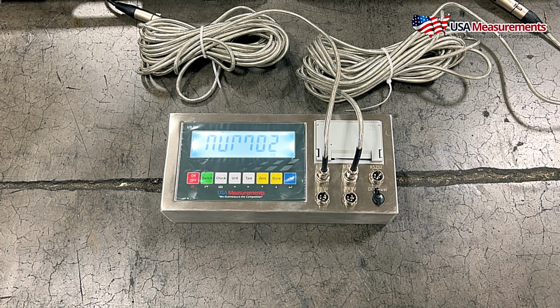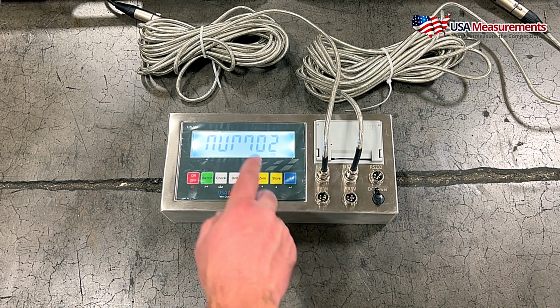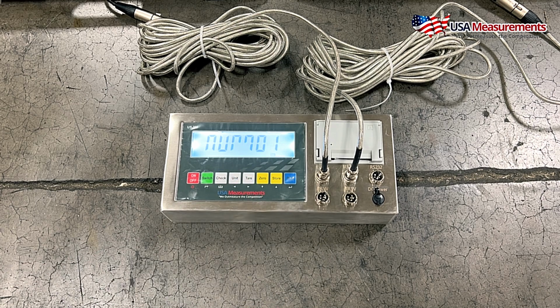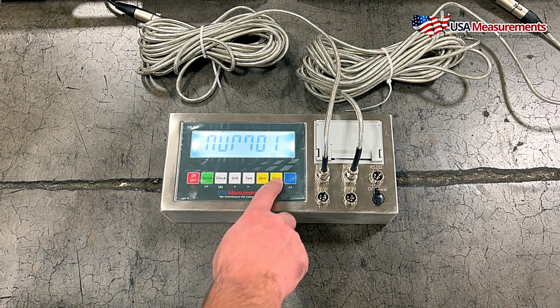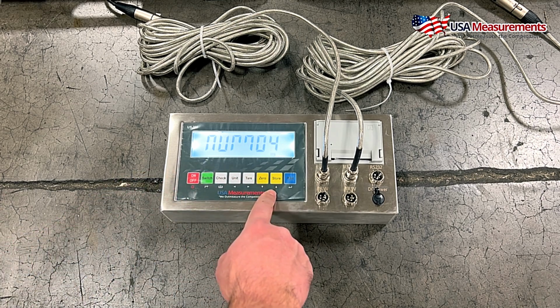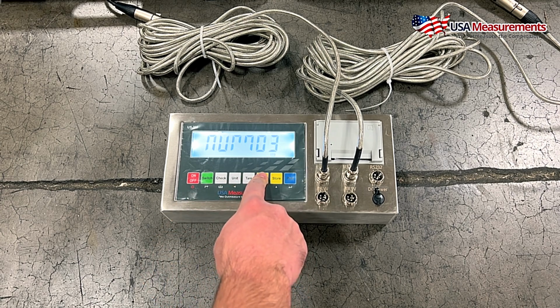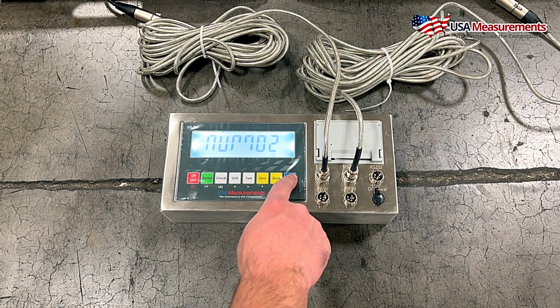Now this is going to take us to the number of pads that we're going to have connected to this system. So right now it's set at 2. If we had 1, we would go down by hitting the 0 button to change it to the number 1. Or if we had more, such as 3 or 4, we can hit the store button to go up in value. So I'm going to go back down to 2, and I'm going to hit print to confirm